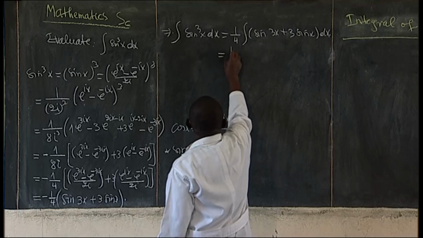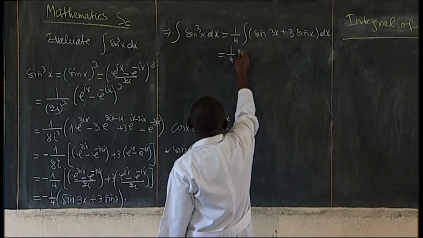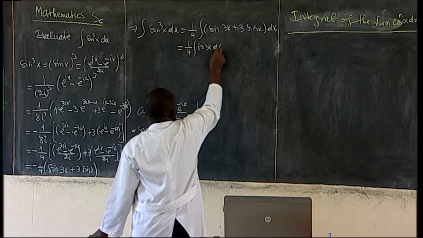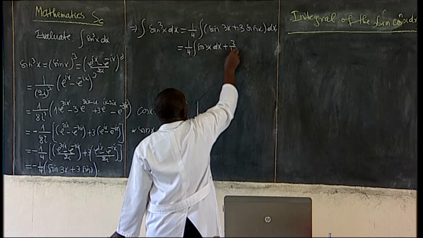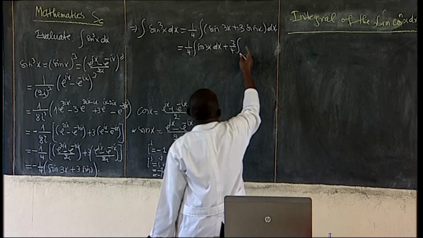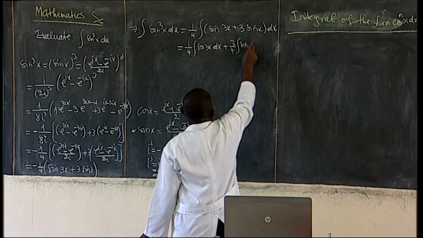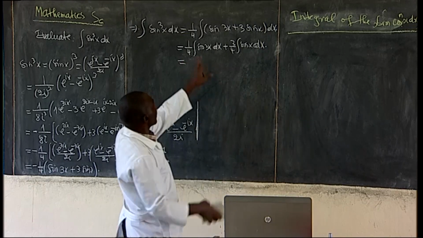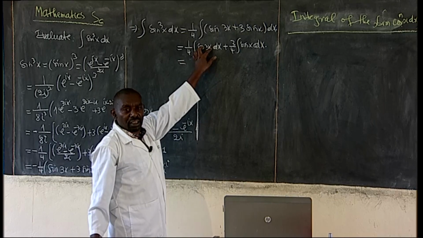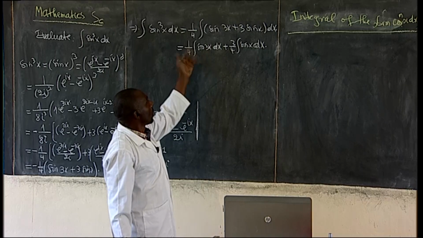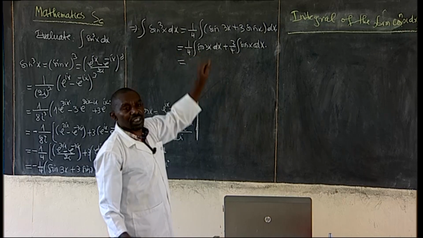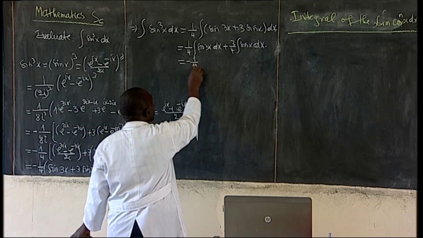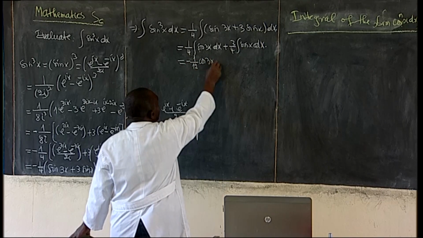So this is equal to 1 divided by 4 integral of sine 3x dx plus 3 divided by 4 integral of sine x dx. And as we have sine ax, a is equal to 3, the integral will be minus cosine. So this will be minus 1 divided by 12 cosine of 3x